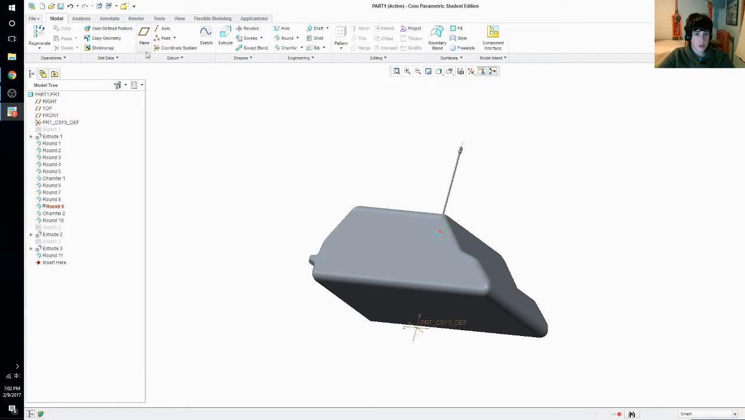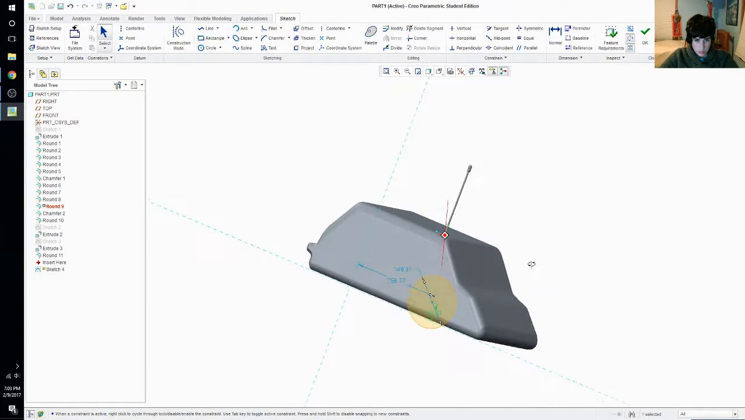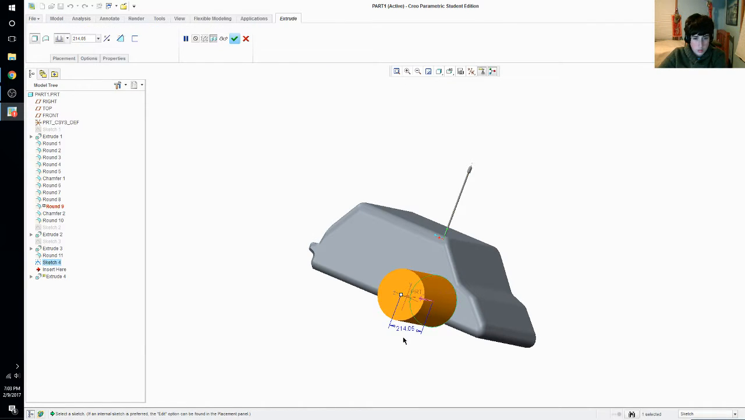So I'll add wheels. I don't know how. I will click on this, click on this part, and then sketch, circle. So I'm going to go right here. I'll just make this 50. So all of my wheels will be the same size. Okay, click on these, click extrude,